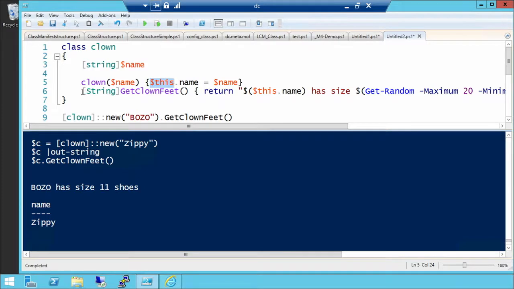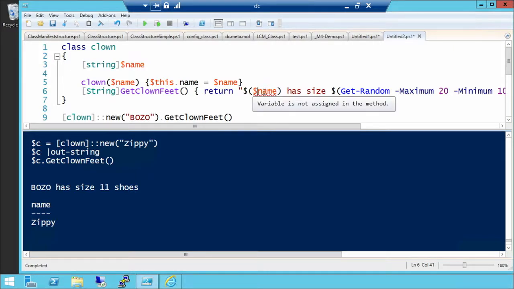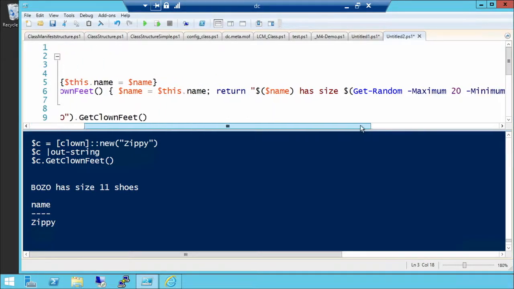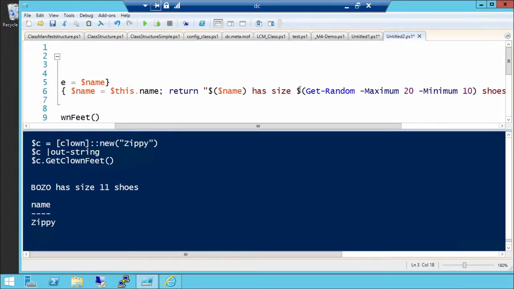So then I have a method, GetClownFeet, and it returns a string. Now it has to return something, and notice again, I have to say this dot name. Originally when I did this, I said, oh, well, it's just name, right? And it's like, oh, wait a second, no, variable's not assigned in this method. Because I could have said $name equals $this dot name. Okay, so I could have done that, and then it would work. But you always have to refer to this dot name, which refers to this thing. So anyway, what I did was a simple string: the name has run a command